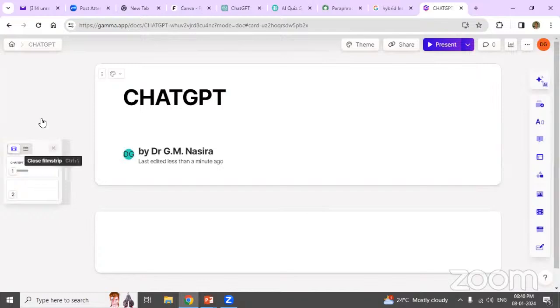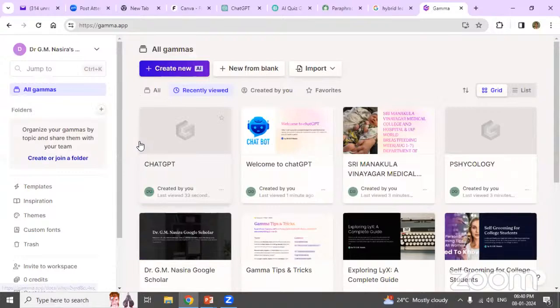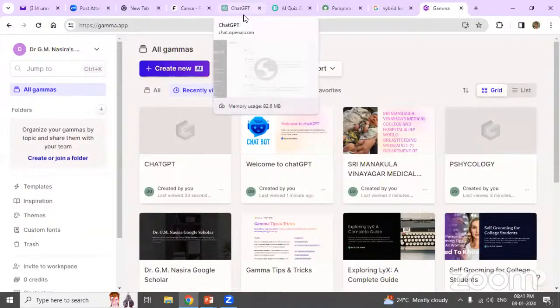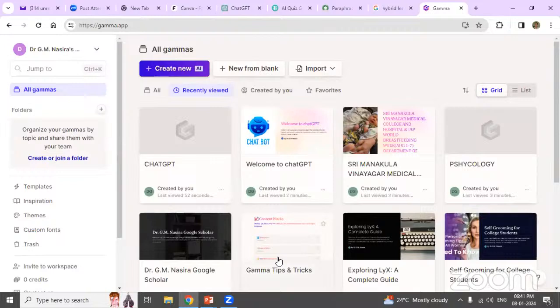Maybe you can try it, or maybe it's only for a very meager amount. You can also enroll yourself and try it. So all this is Gamma dot app, which I'm using. I think I have to recharge it again now. Okay, let me go to the next.